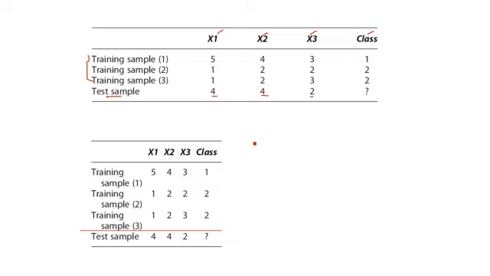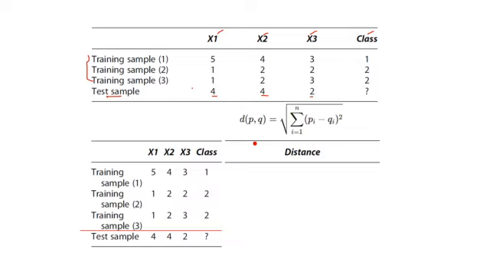So let's find the distance. Now here we will be considering Euclidean distance in order to measure the distance between the test sample and the other samples. Since this Euclidean distance is used by default in scikit-learn, it's one of the simplest and most common distance measures used in KNN. So this is the formula for Euclidean distance. For 2 points P and Q, the distance between them is